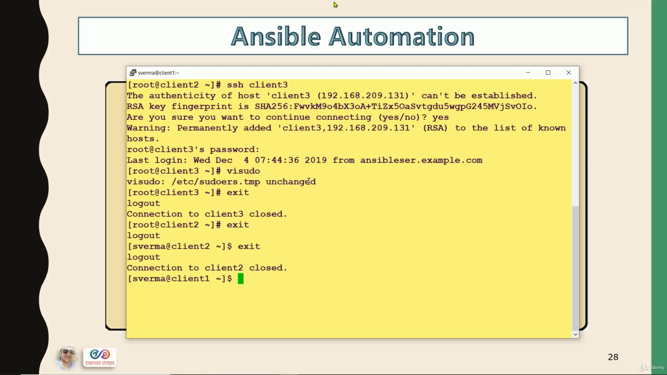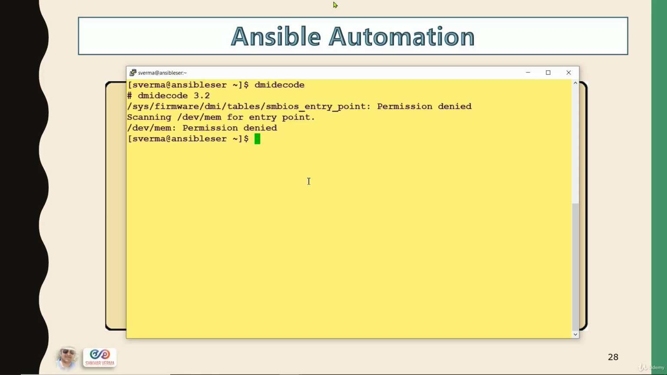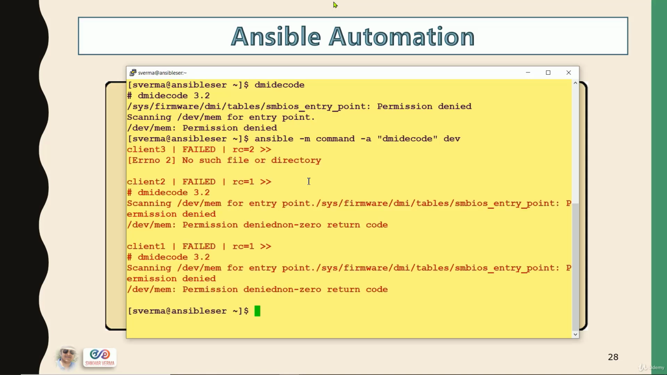Let me come back and log into this Ansible server. Now I'm going to fire this command dmidecode. If I fire this command as a normal user, you can see that I'm getting this error. So let me first try ansible -m command. I can see that I'm getting this error, right? So what I'm going to do